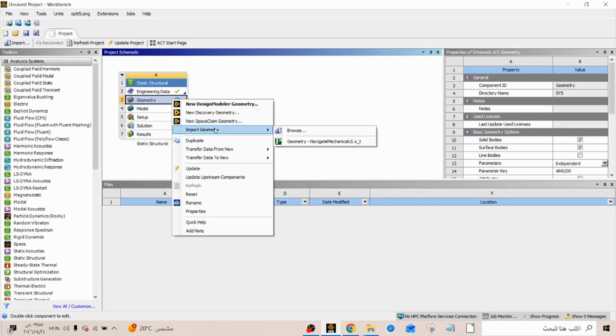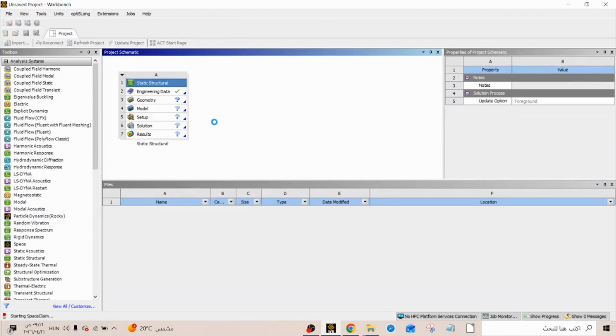You can import geometry if you are proficient, let's say in SolidWorks. You can build a 3D model and bring it in here, or you can try your own geometry in an ANSYS program called SpaceClaim. So let's just use SpaceClaim.